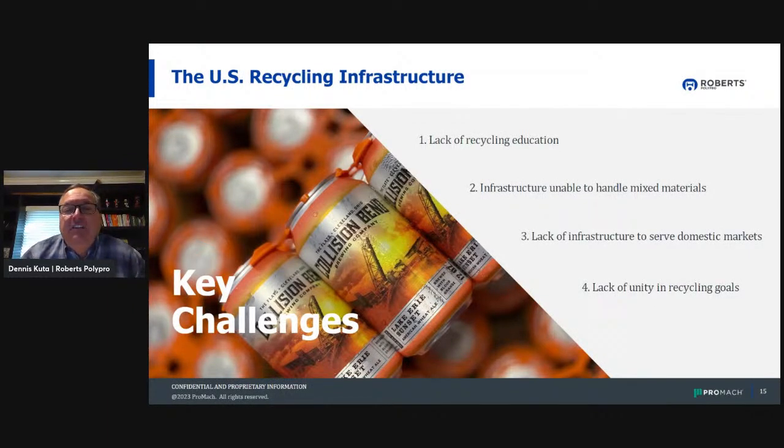First, there's a lack of recycling education. Secondly, the infrastructure is unable to handle mixed materials. Again, it varies by state. The third is a lack of infrastructure to serve domestic markets. At this point,